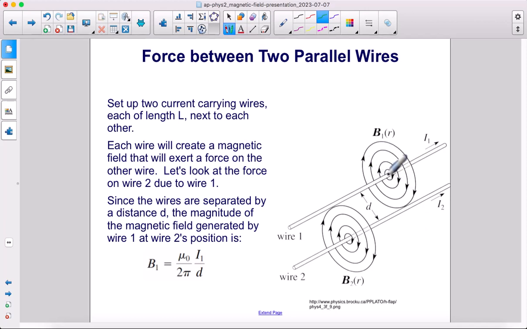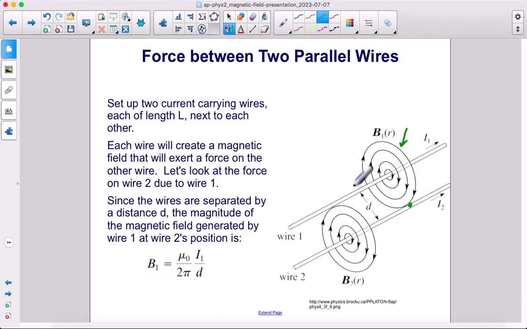Remember the right-hand grip rule? When you have current flowing through a wire, there exists a magnetic field around it, shown here. Each wire will create a magnetic field that will exert a force on the other wire. Let's look at the force on wire 2 due to wire 1. So wire 1 is creating this magnetic field, and as you see, it's going to exert a force on that